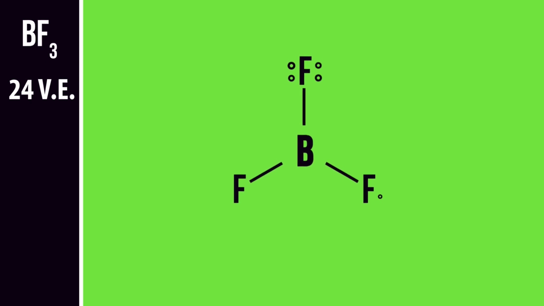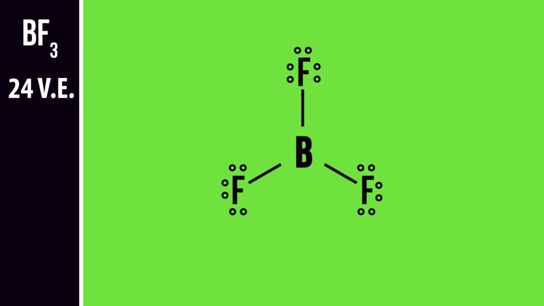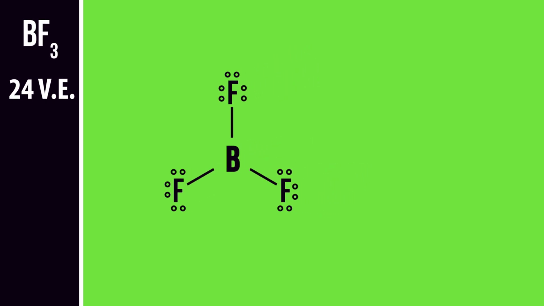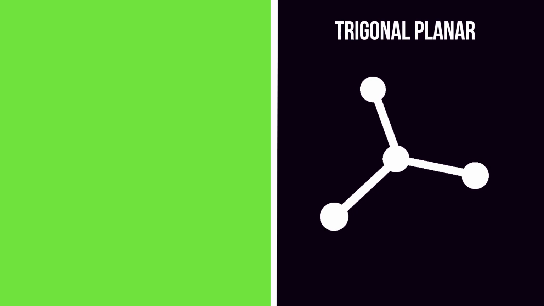We then use the remaining electrons to complete the octets for the fluorine atoms. That will give us the full Lewis dot structure for boron trifluoride. You might see that boron does not follow the octet rule, but in this molecule, boron is perfectly fine with that. It's one of the few elements you have to know that does not follow the octet rule. Moving on to the molecular geometry of boron trifluoride, we can see that it is trigonal planar